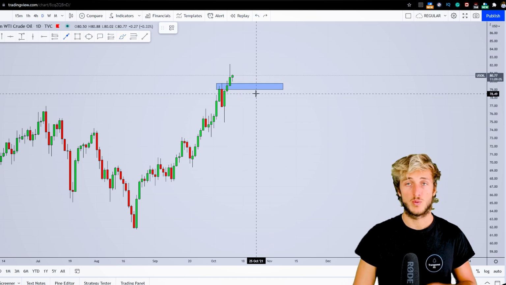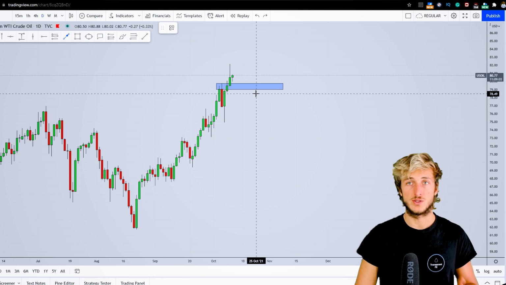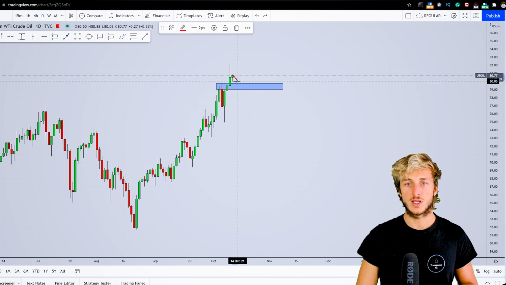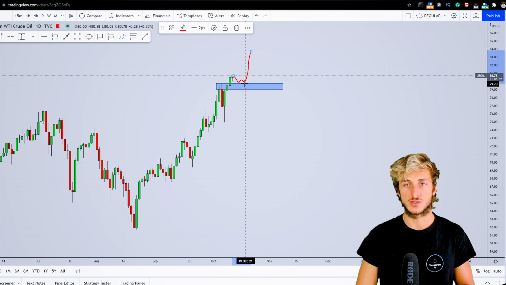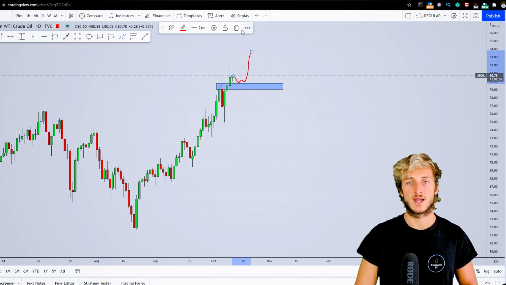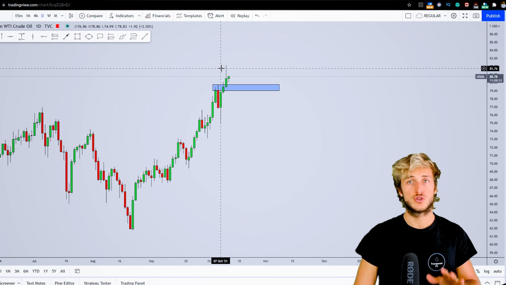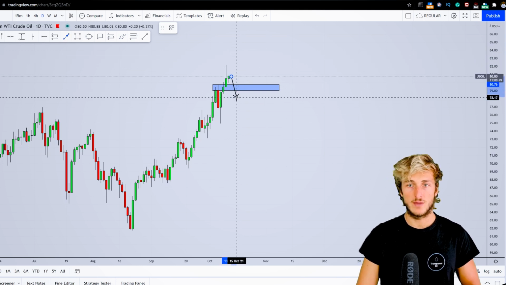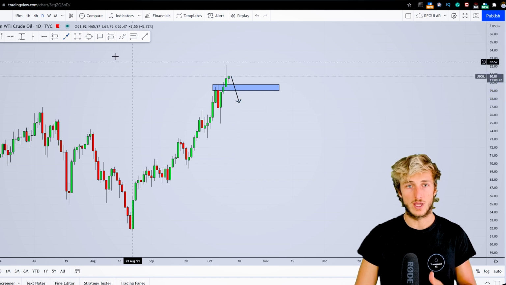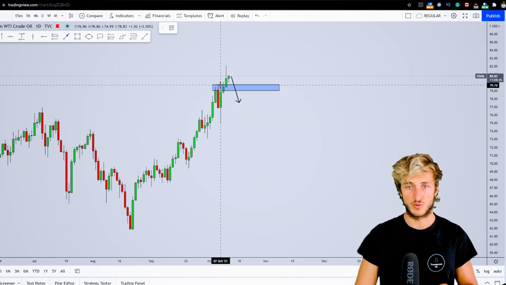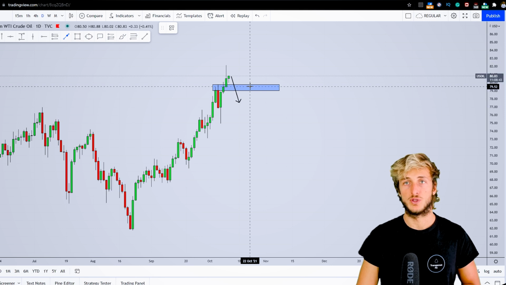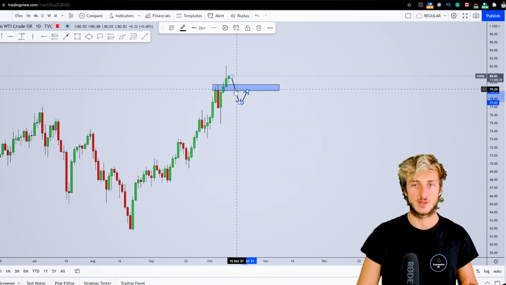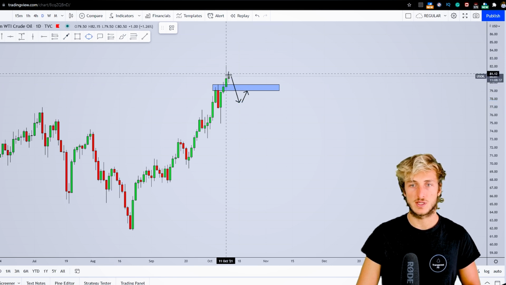So the way in which we will be approaching US oil with students is, as usual, being reactive and not predictive. As long as the market remains above this previous resistance turned support, we can easily expect more continuation to the upside, so we will not be looking for any kind of shorting opportunities. However, if the market successfully manages to break below this support, after the break, this previous support will turn into resistance. So if we successfully break on the retest of this previous support turned resistance inside of here,